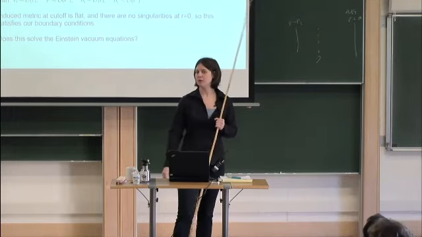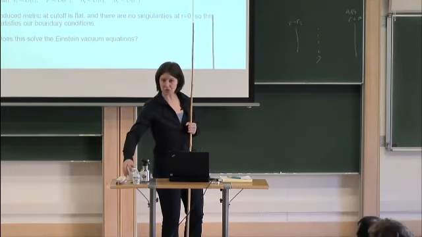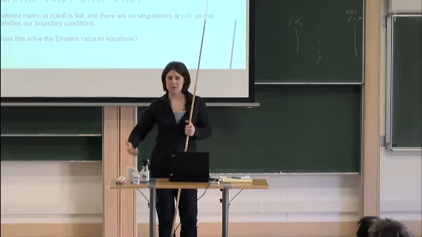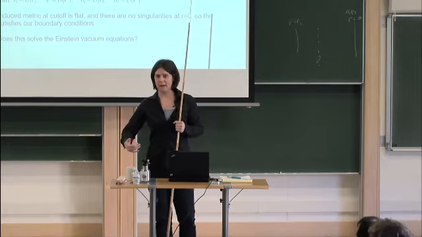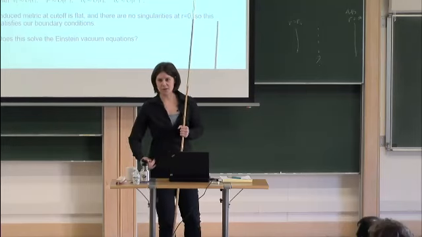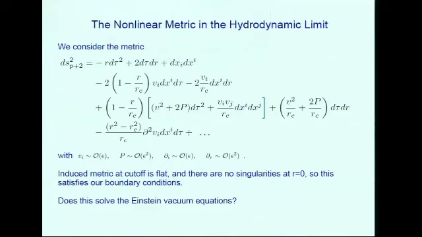Now, one could ask the philosophical question of, okay, this may be the unique metric around Rindler space as a background with our particular boundary conditions, where you can define a v and p that solves the Navier-Stokes equation. But it's possible you could find the Navier-Stokes equation as embedded in GR in many, many different ways. There's no reason to think that this is the only way you can do it. I think that this is all you can get with our particular formulation.